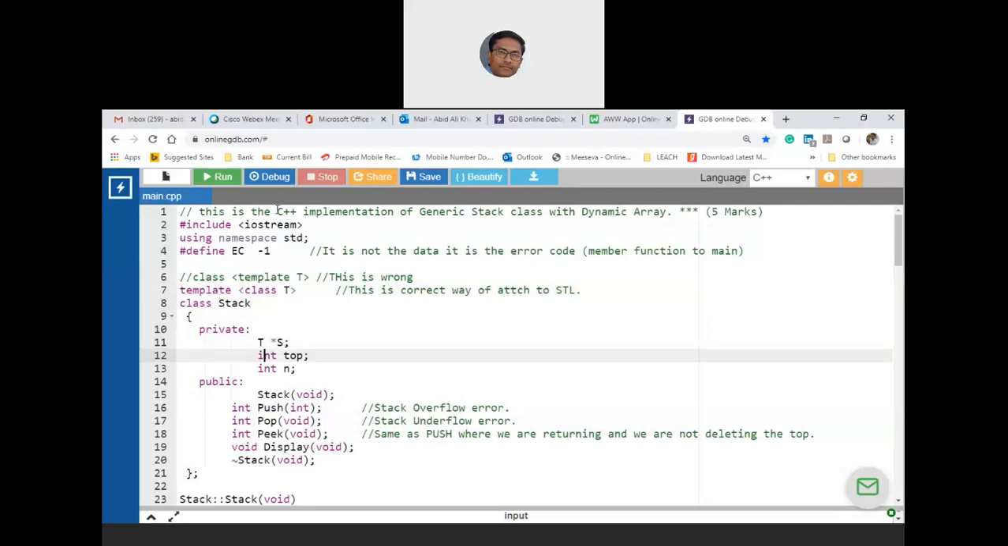So the top of the stack has to be int only, and then n is the number of elements. These are integer only. Okay, so what am I talking about? I am talking about writing an ADT generic stack class with its appropriate member functions. Notice that starting from line number 7 till line number 21 can be asked for 2 marks. That means you have to be careful in terms of writing the template class T, and then the private access specifier